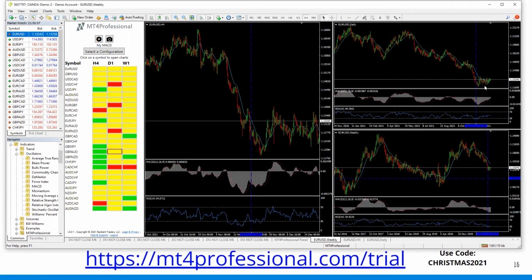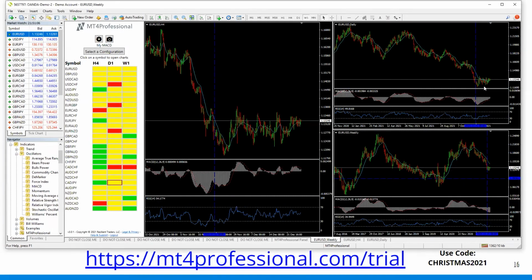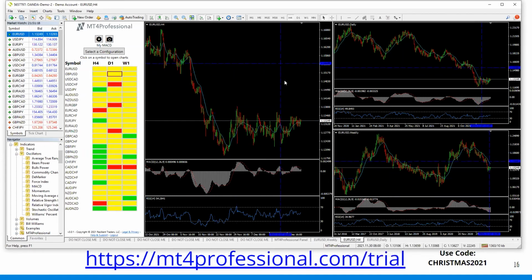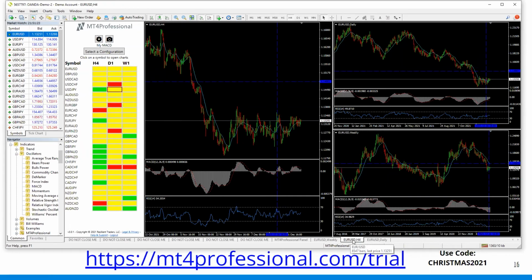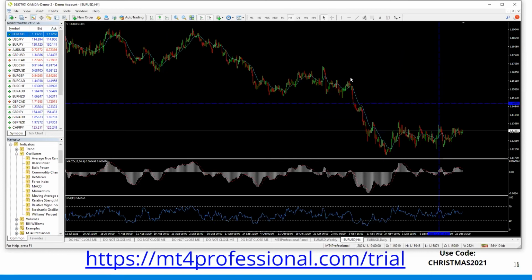Okay, and Ed, why is it that when you apply the scanner to MT4, it takes over the platform, and how can you exit it while still using other templates? Well, it's set up as a profile. It's not that it takes over, it is a profile itself. And if you want to use the window, you can do that just like you normally would. If you double click on the panel below, then you can get in full screen mode and you can do whatever you normally would be doing with this